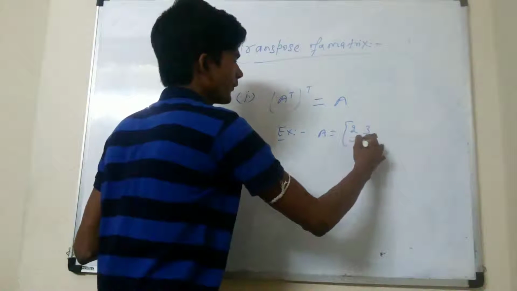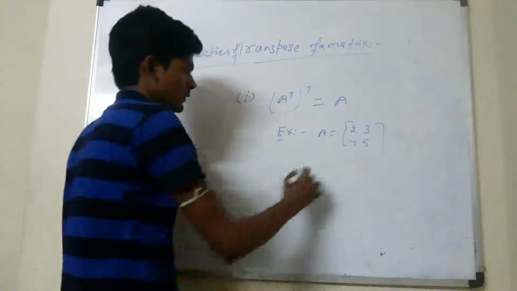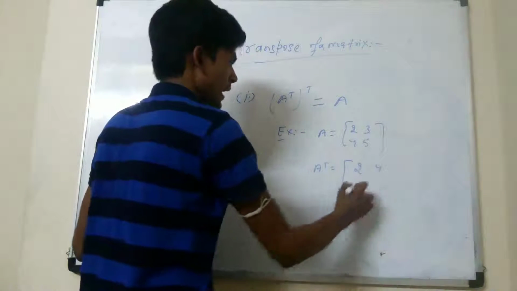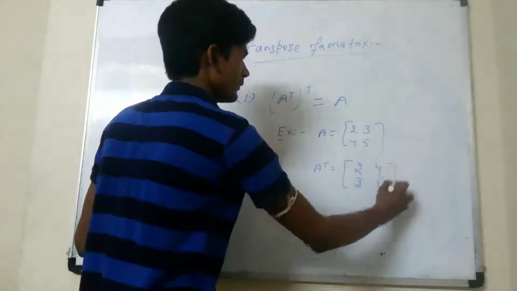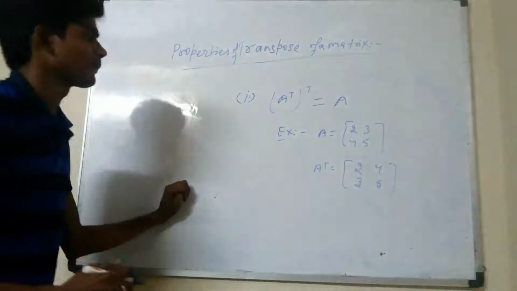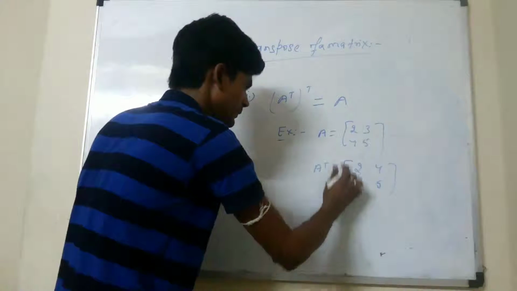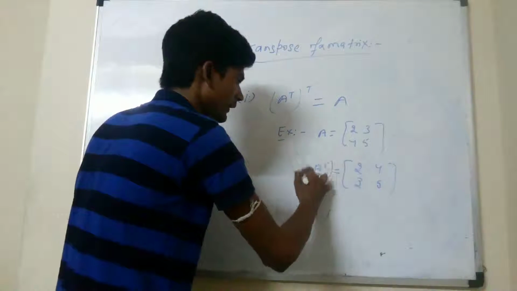So A transpose equals simply 2, 4 and 3, 5. Is it clear? Now if you find the transpose again,